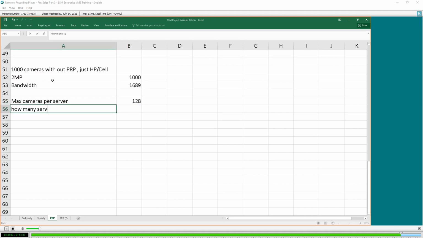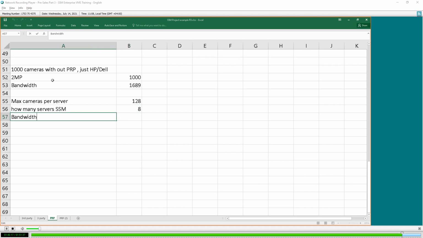How many servers are required? SSM, where the manager will be installed: 1000 divided by 128 is roughly 8 servers. Okay, 8.